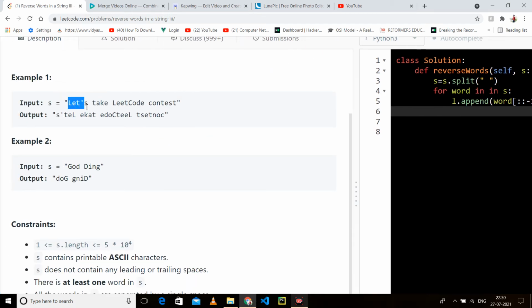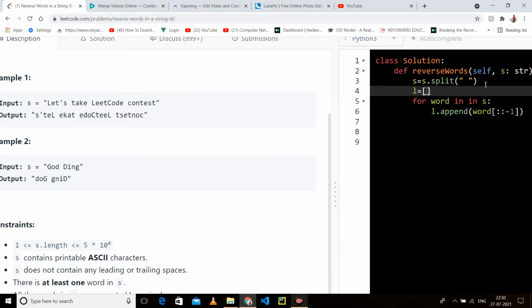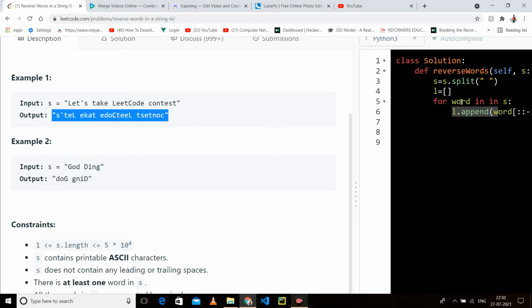I take a list and I have one more list in which I am appending, so I have appended the reversed words to it like a list.